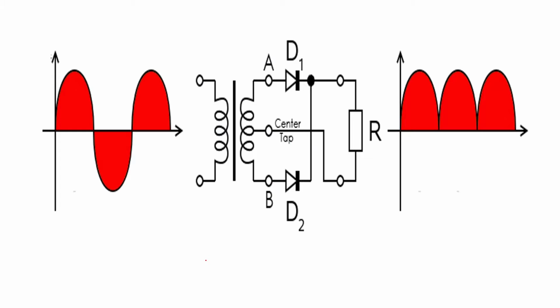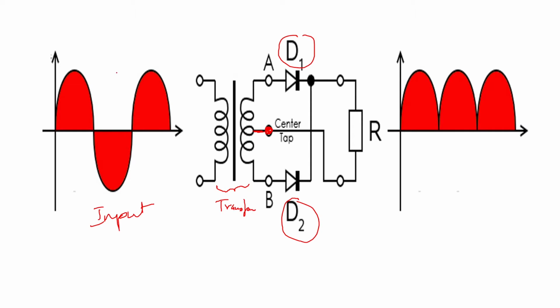So here you can see the explanation of the circuit. Here you are having the input, which is an alternating quantity, with a positive half cycle and a negative half cycle. Again you are having a transformer here which will step down the voltage, and then you are having diode 1 and diode 2. So we are going to use two diodes, and this transformer is a center tap transformer. That is, the center point of the secondary is tapped as a returning path.